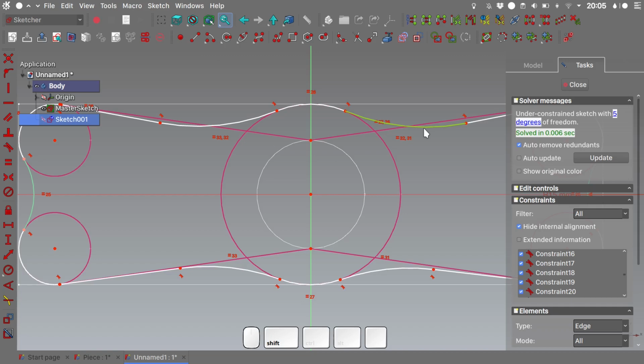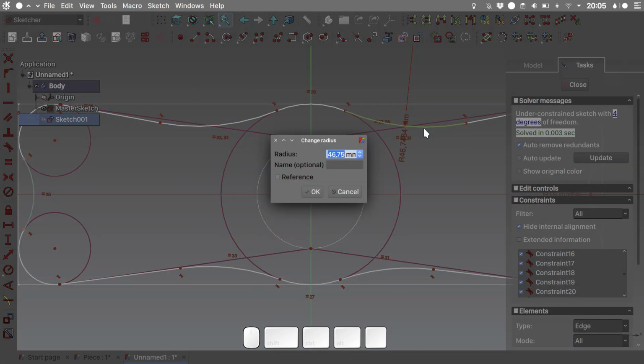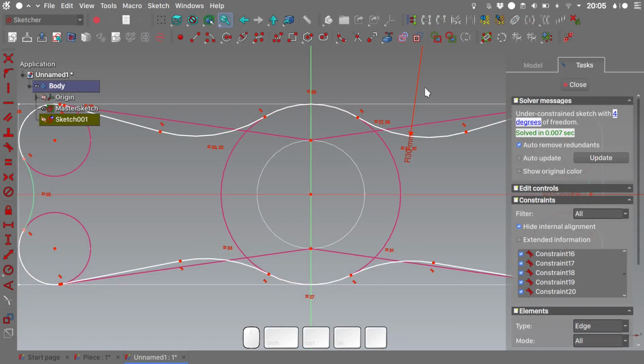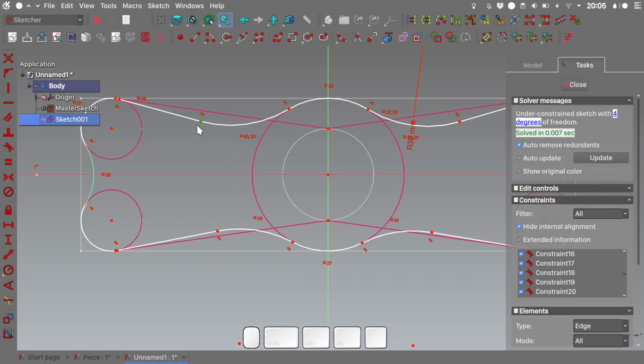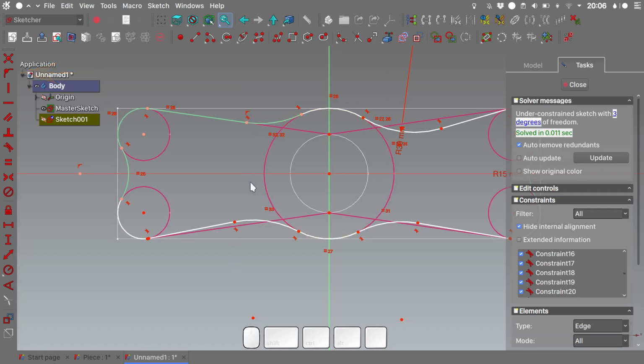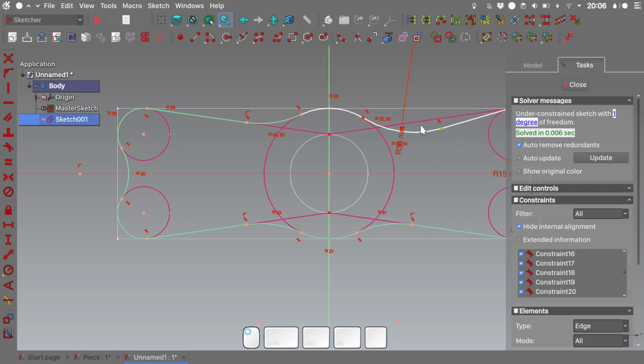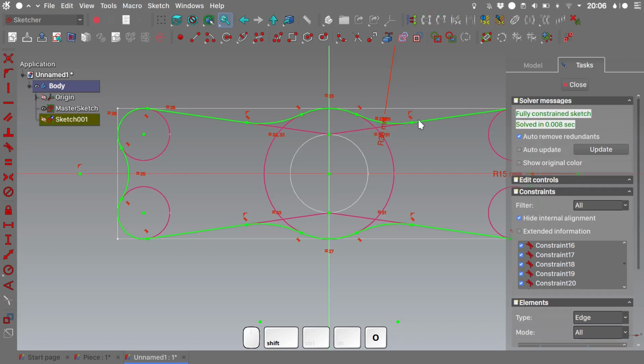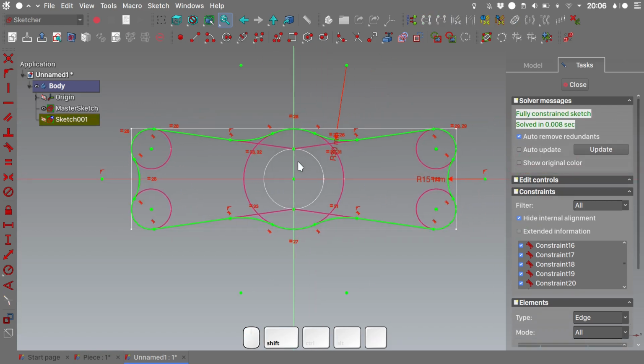I will give them a radius of Shift R 30mm, and we need to constrain this vertex here to this line, so select the vertex, then the line, and Shift O on the keyboard for a point on object constraint. We will do the same with the other ones, so Shift O on the keyboard, select this vertex here, this line here, Shift O, this vertex here and this line here, Shift O, and we have a fully constrained